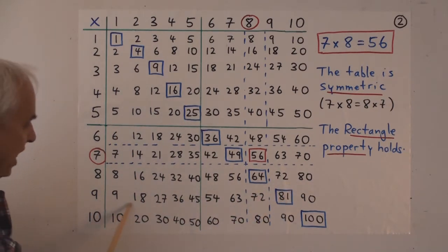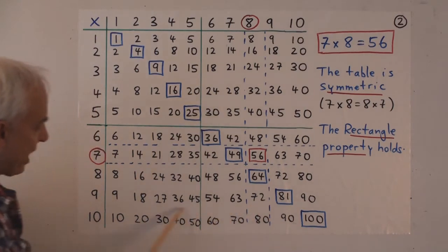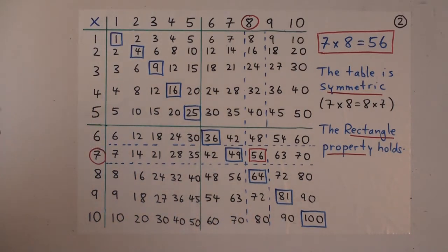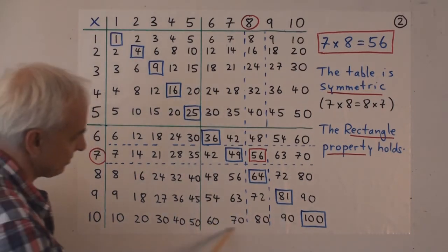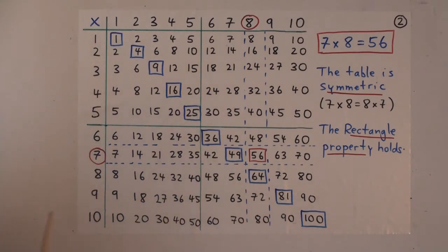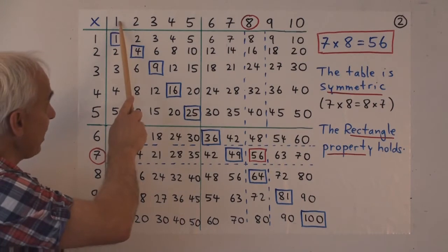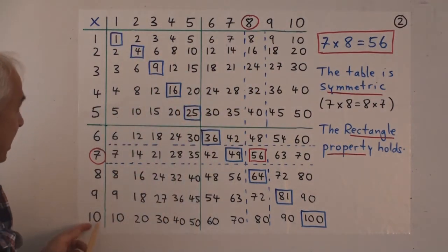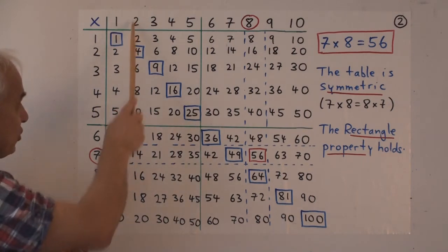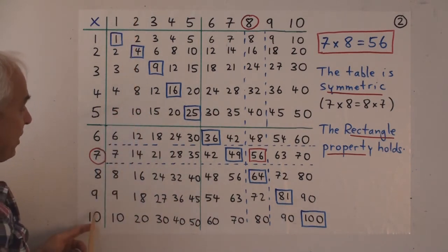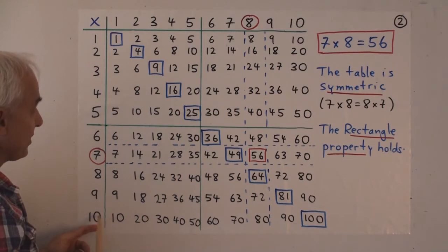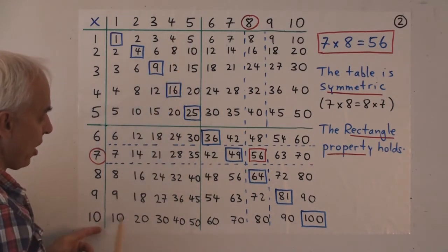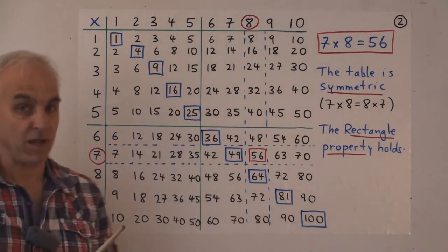The multiples of 9, there's a pleasant pattern to that we'll talk about a little bit later. And perhaps the simplest ones after multiples of 1 are the multiples of 10, just obtained by adding a 0 to all these numbers here. So 10 times 1 is 10, 10 times 2 is 20, just add a 0, 10 times 3 is 30, 10 times 4 is 40, always just add a 0, that's how we multiply by 10.